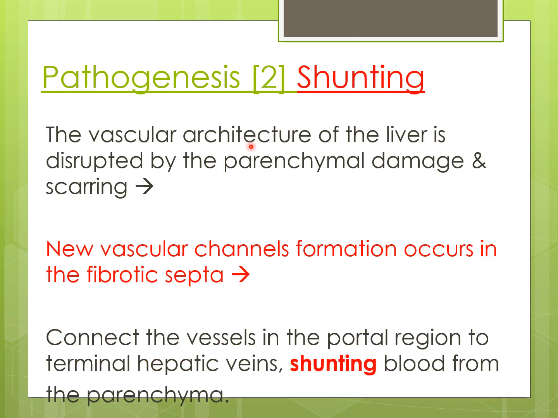Now, the second important change that occurs in cirrhosis is the shunting of circulation. Normally, the vascular architecture of the liver directs blood from the sinusoids through the space into the hepatocytes. But due to continuous damage and scarring, blood and these substances cannot directly pass to the liver cells, so new vascular channels are formed in the fibrous septa. Although it's a reactive thing, unfortunately,